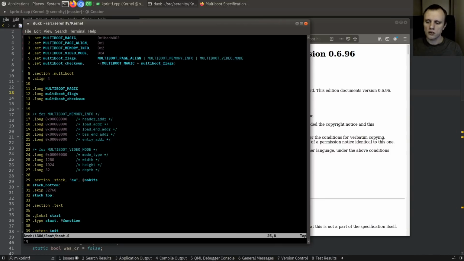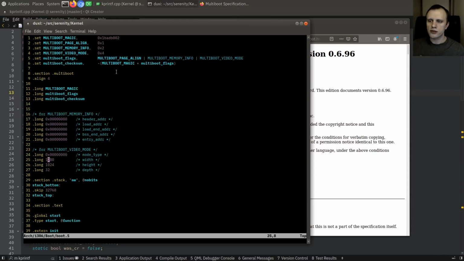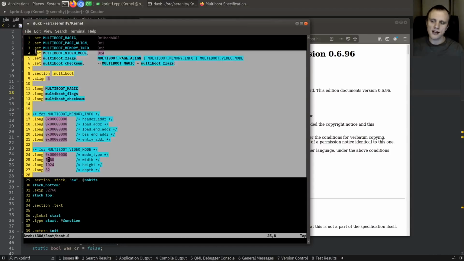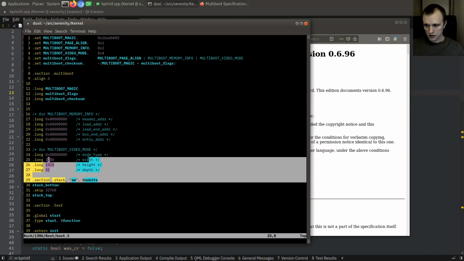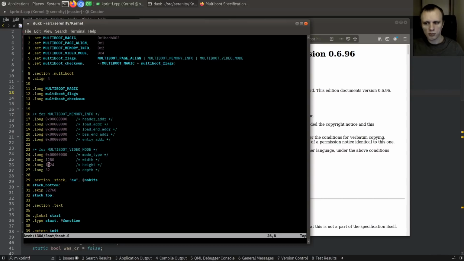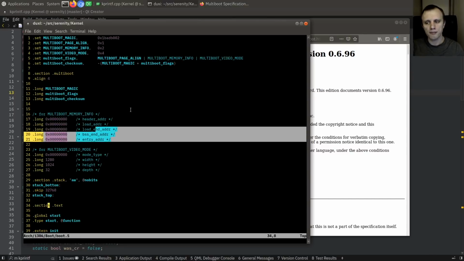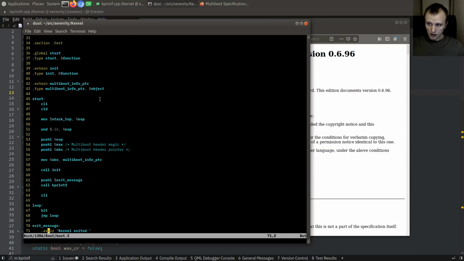Anyways, this is basically information for the bootloader. So the bootloader will locate this header by looking through the kernel that we pass it, and it finds these things and it says, oh, you want this video mode, fine. Oh, you want to get the memory info, fine. These will get populated with memory information from the bootloader. And then the bootloader will basically send us here. This is where we start